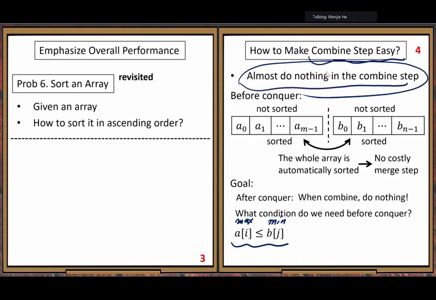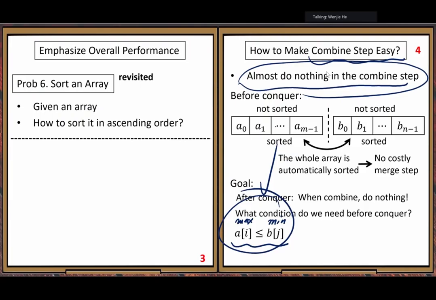But I think most of you at this point will ask: how to make it happen? It's hard to make it happen. We agree that if this property is achieved, then we don't worry about the combine step.